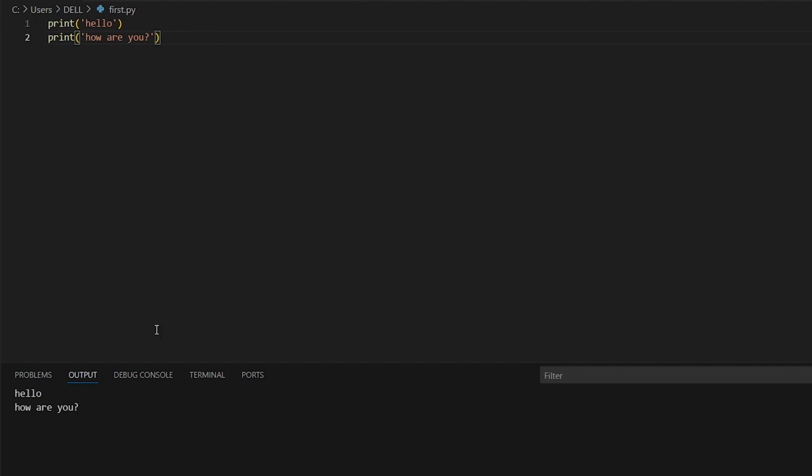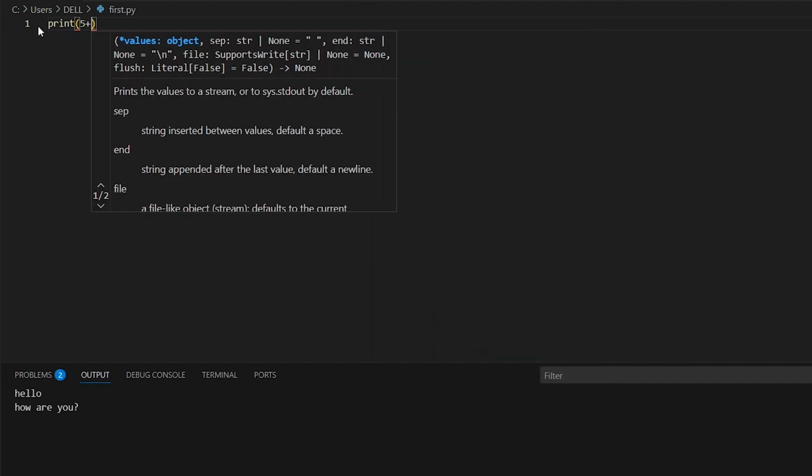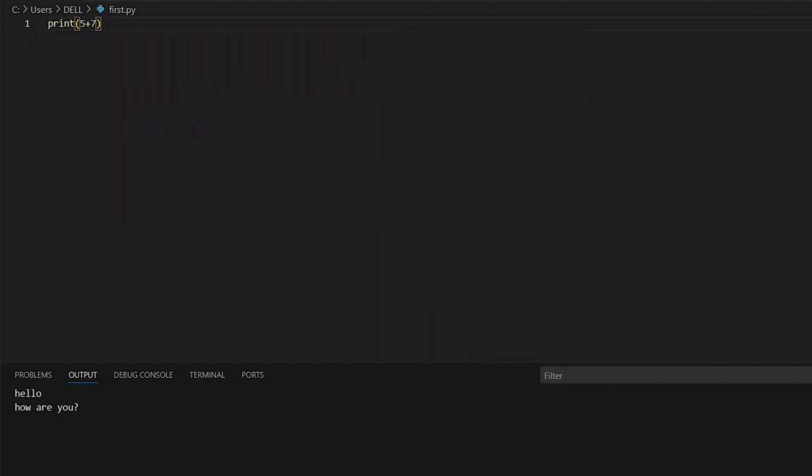So now we have hello and how are you. I can as well write print 5 plus 7 and run it. You can see the output, which is the sum of 5 and 7, which is 12.